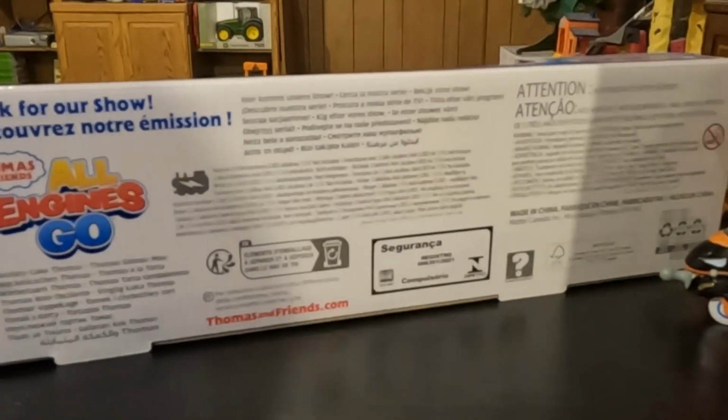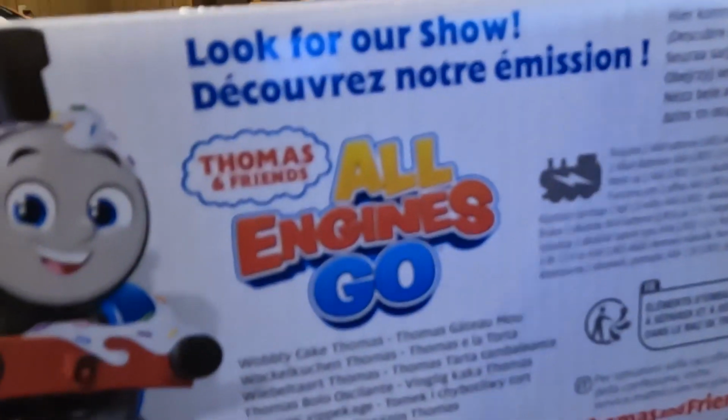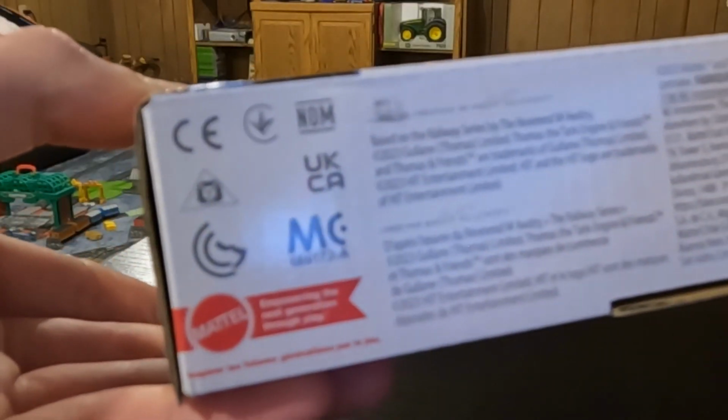Here is the back of the box where it has the promo, and then the look for our show, All Engines Go, and then the random blah blah no one cares about. And then we got this side, which is all standard and generic. And then we got the bottom, which has the Mattel empowering the next generation to play. And interestingly,